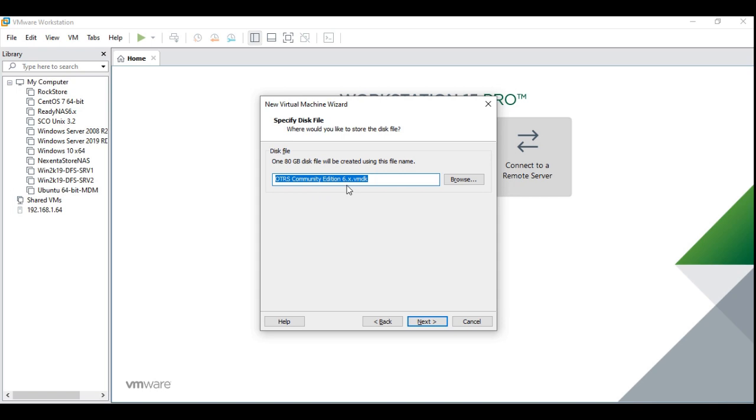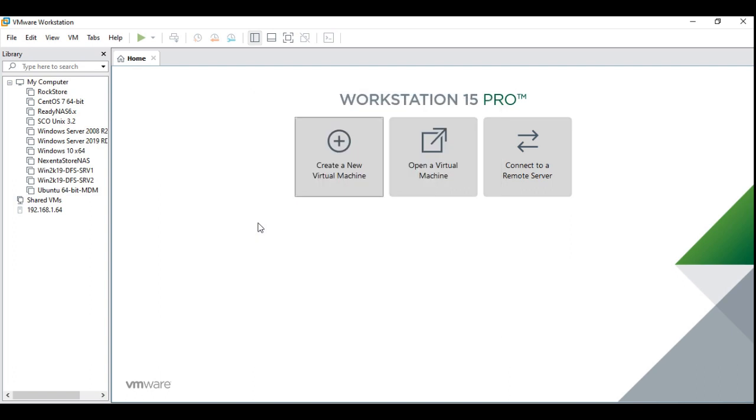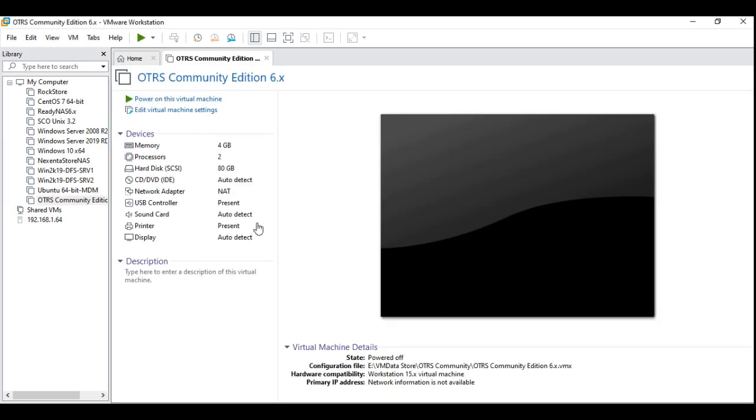You can give an appropriate name or else it will take it from the virtual machine name. I don't want to change it. Click finish. Here you can see that our community edition virtual machine has been created, and let's go ahead and edit.